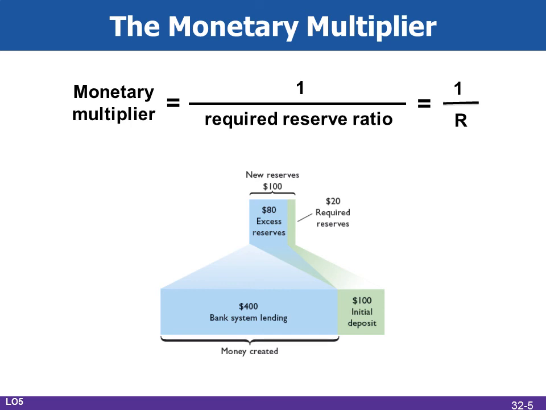So you see how powerful a tool this is of monetary policy. With a reserve requirement of 20%, the money multiplier was only 5, and the initial excess reserves were 80, so 5 times 80 was 400. If the required reserve is 10%, the money multiplier is 10. 10 times 90, the banking system can now create greater than twice the amount it did previously.